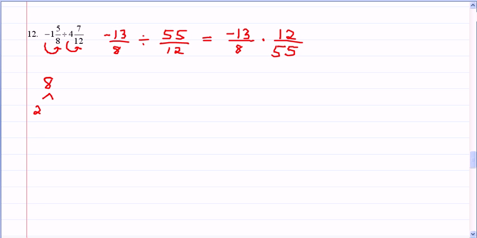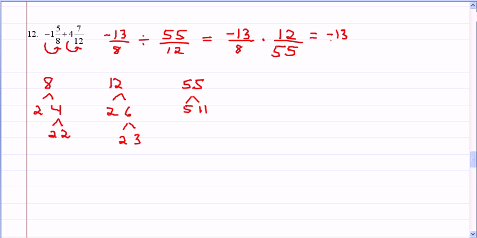So the prime factorization of 8 is 2 times 4 and then 2 times 2. Of 12, it's 2 times 6 and then 2 times 3. And for 55, it's just 5 times 11. And the only thing that cancels here is just one of the 2's. So I'm left with -13 times 2 times 3